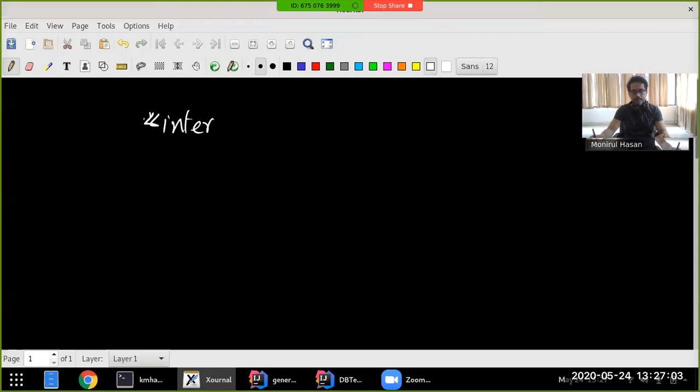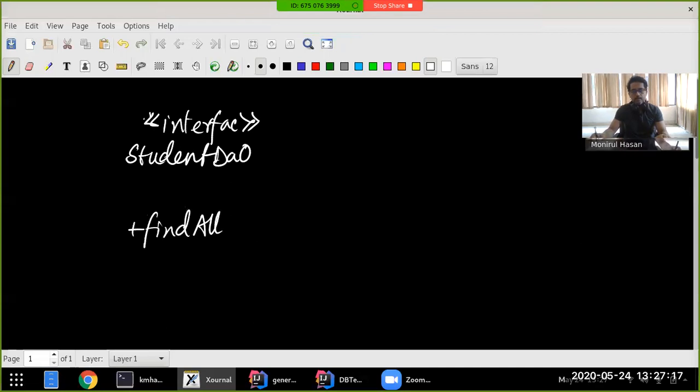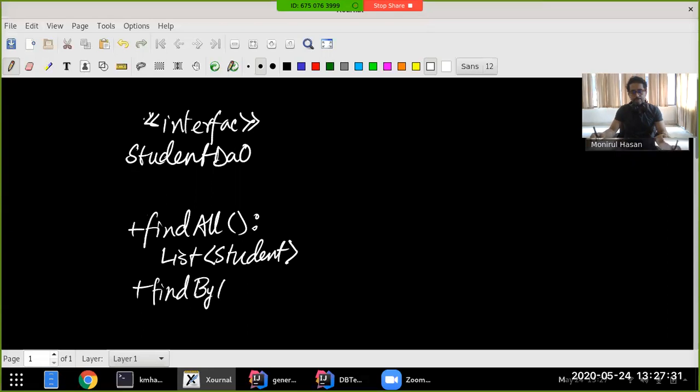So we have this interface, the student DAO interface, which had two methods. Can't even see anything here, so I'll try. We had this FindAll, which was returning us a list of students. Okay, and then there was another method that says FindByID. This one was returning a single student if it exists, otherwise it doesn't return anything. Now, these are the two methods that we got, and